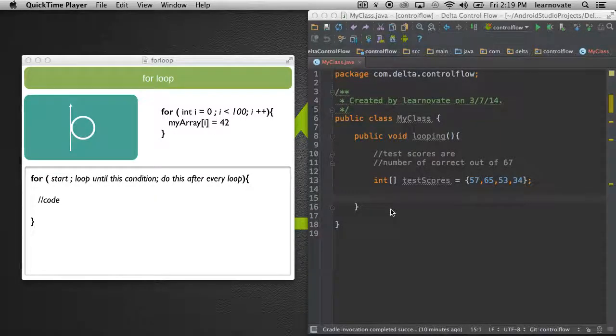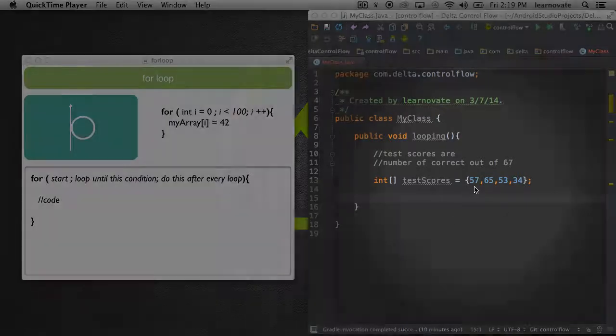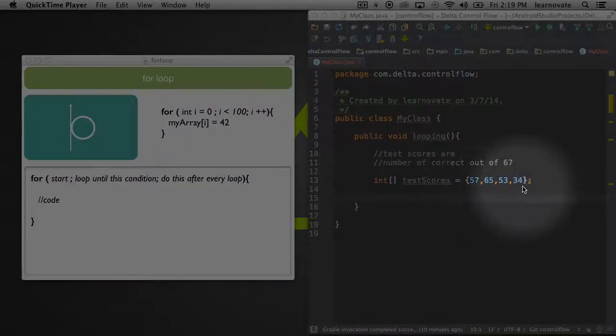Oftentimes in programming, we want to actually repeat a process multiple times. And for those situations, there is the for loop. It's a very common tool in almost every language, and of course, Java has it as well. So let's say I have this array of ints, and I want to take each one of these particular numbers